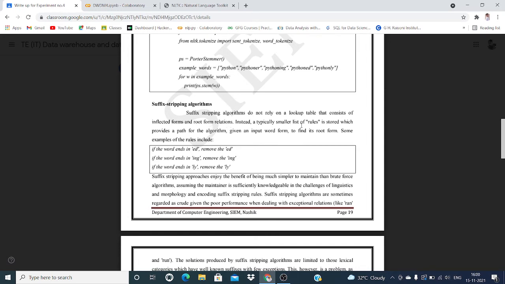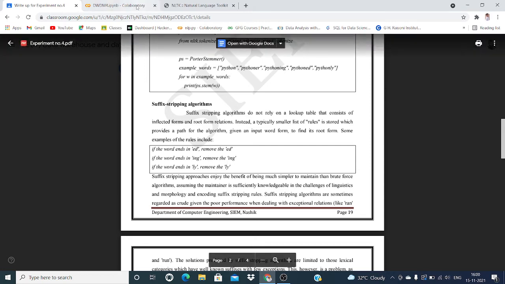Instead, a typically smaller list of rules is stored, which provides a path for the algorithm, given an input word form, to find a root form. Some examples of rules include: if the word ends in ed, remove the ed; if the word ends in ing, remove the ing.